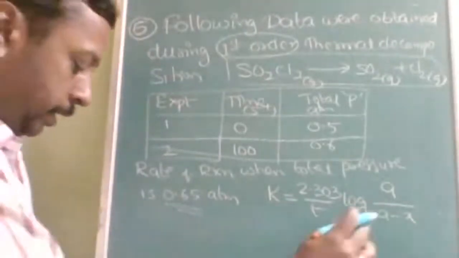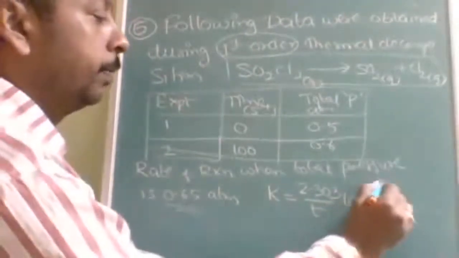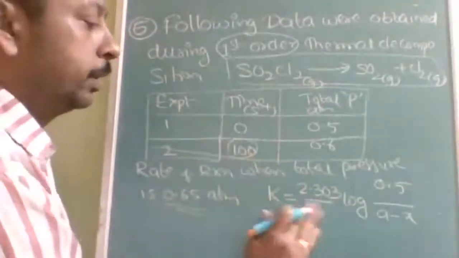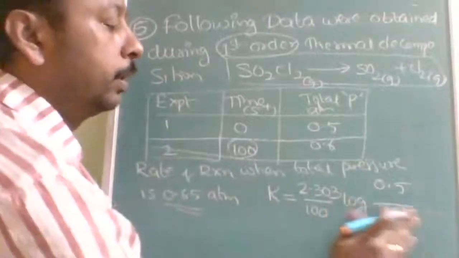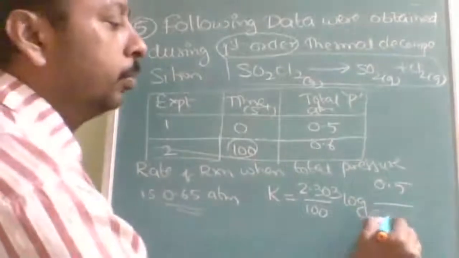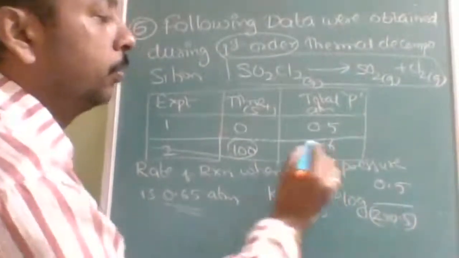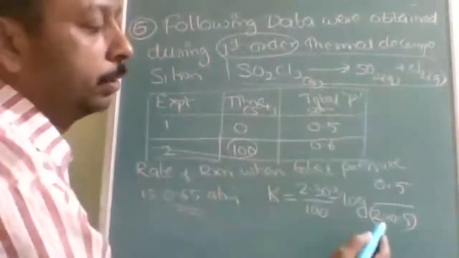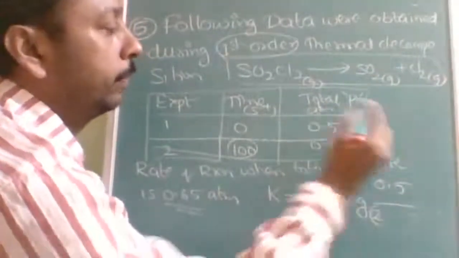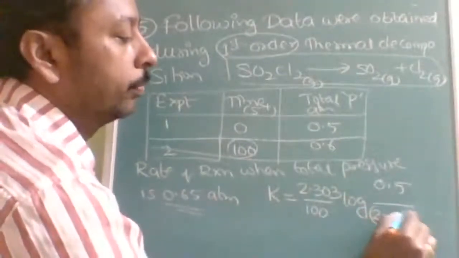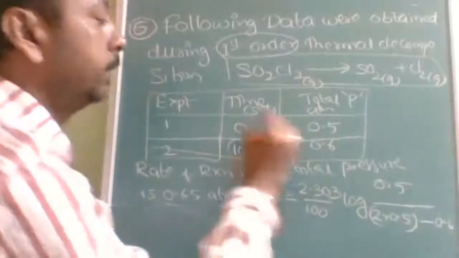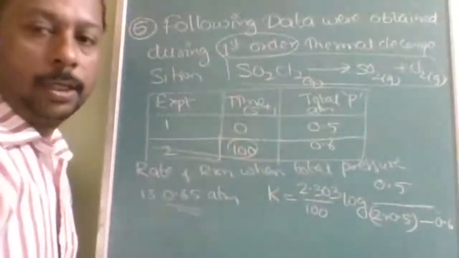Okay. So initially how much is available? Only 0.5. From this, after 100 seconds, that means this will be t equals 100. That time this will be 2 into 0.5, which is the total pressure of SO2 and Cl2. Why this 2, is it understood? Because initially whatever is there will be converted into SO2 and Cl2, and the extra will be only 0.6, will be SO2Cl2.